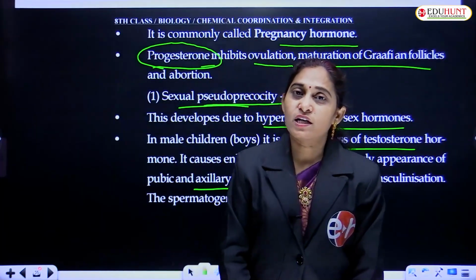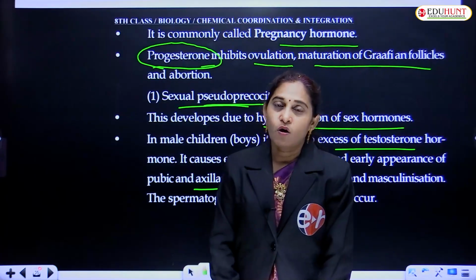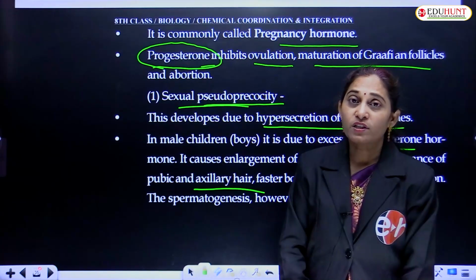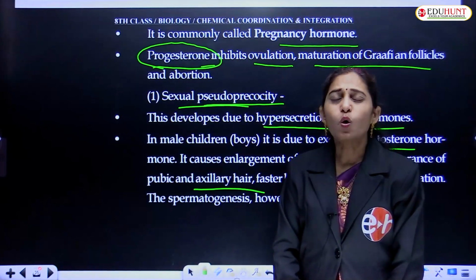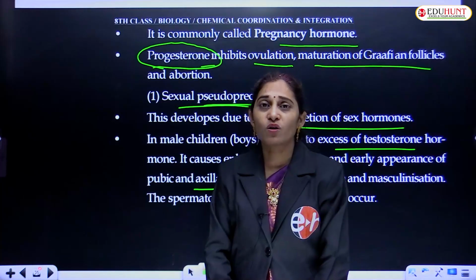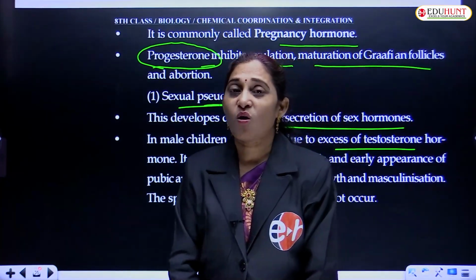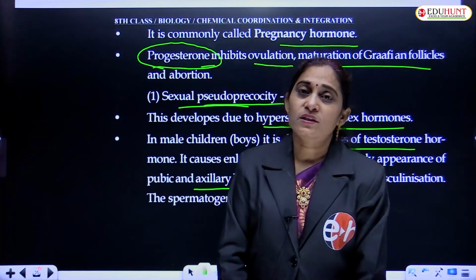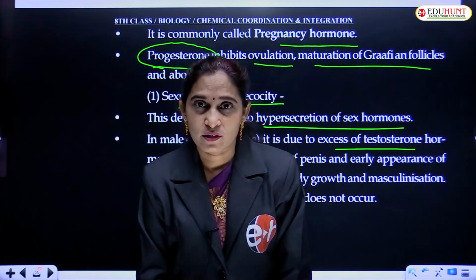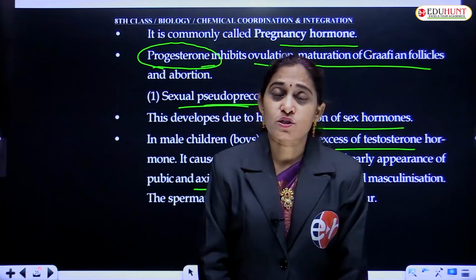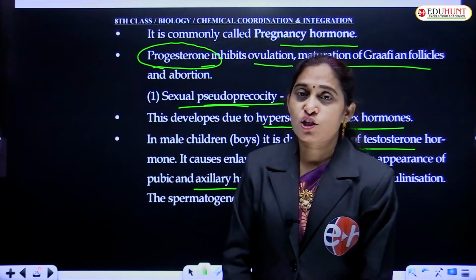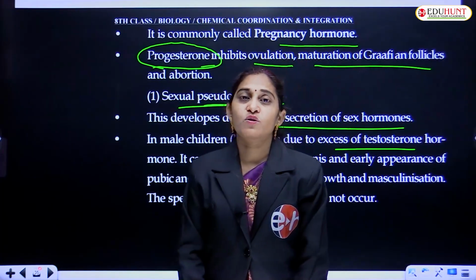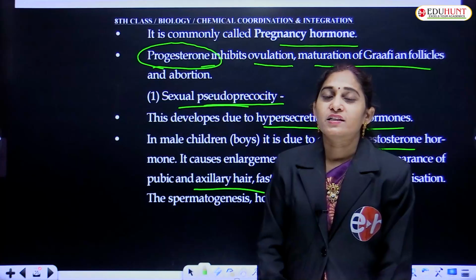And these ovaries produce two hormones, estrogen and progesterone. Estrogen is responsible for the development of oviduct, uterus, and also vaginal duct. All these organs develop by the influence of the estrogen hormone, and it is also responsible for formation of egg, that is oogenesis. And progesterone hormone is also known as pregnancy hormone, and it